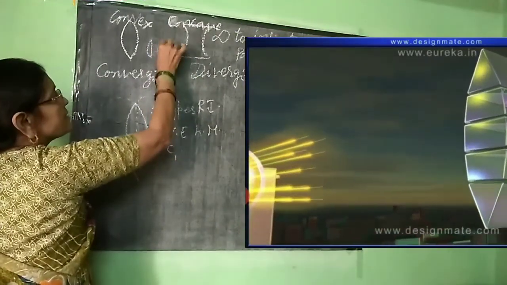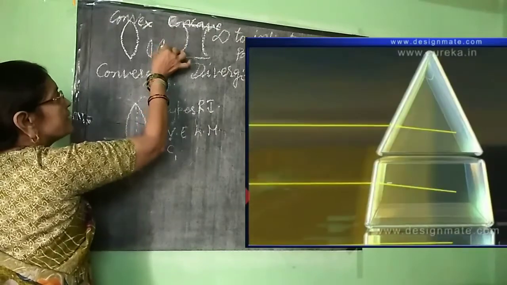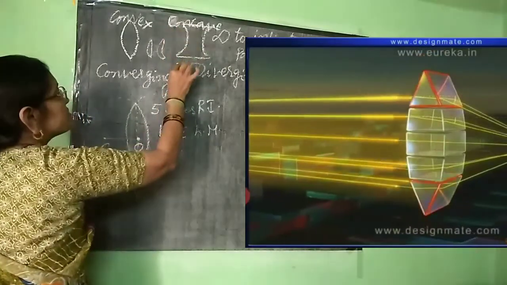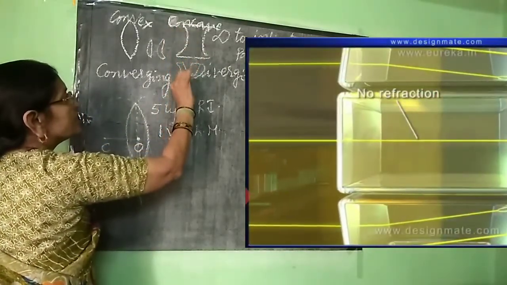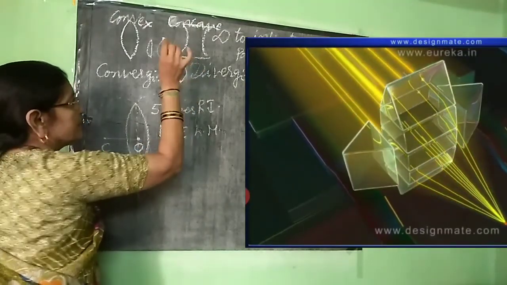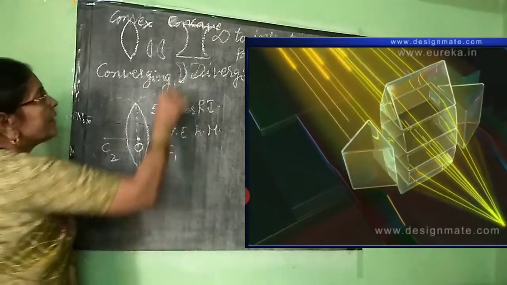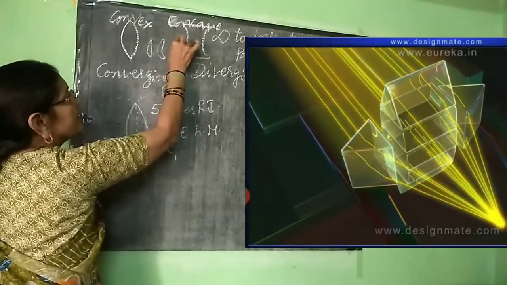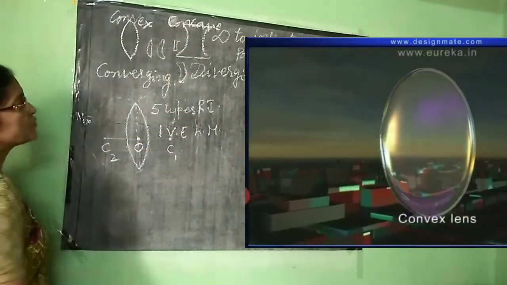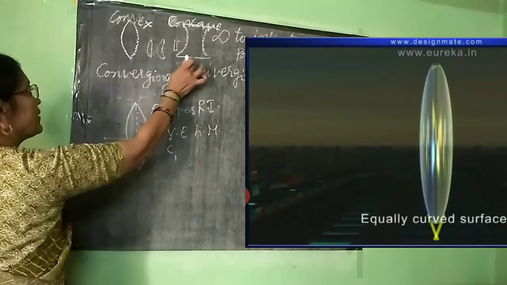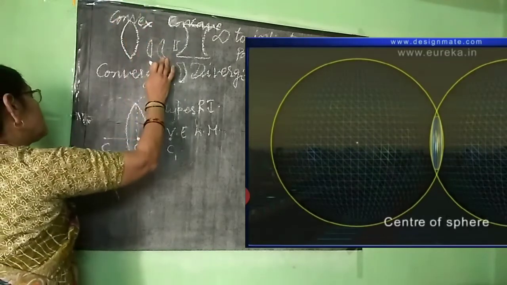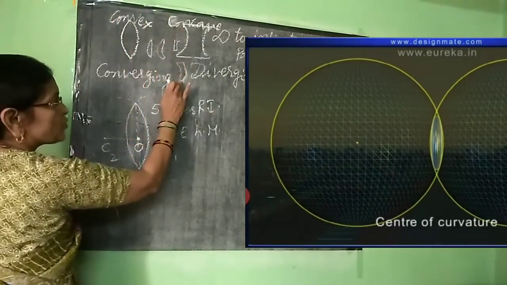This lens like this and concave surface inside like this. This is concavo convex lens. Same way, if you are drawing like this and this is coming like this, this is convexo concave lens. And only one part when you are taking like this, this is plano concave. So, double convex, double concave, plano convex, plano concave, concavo convex, convexo concave.